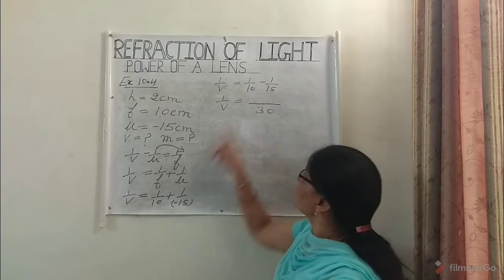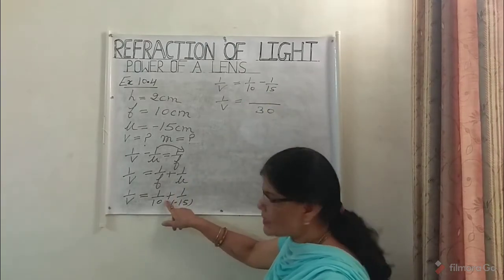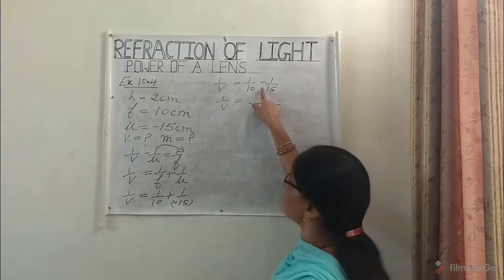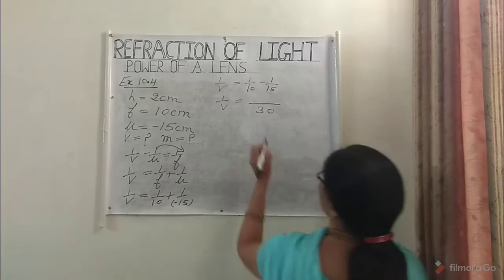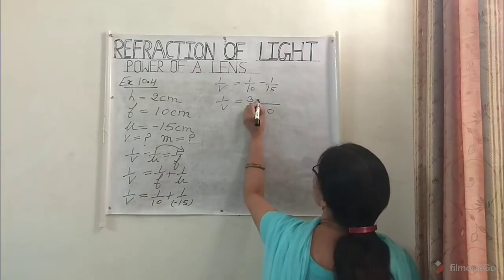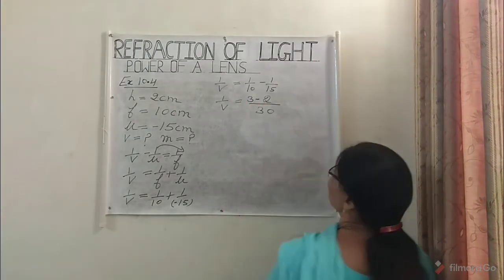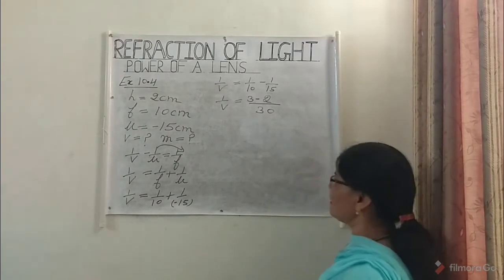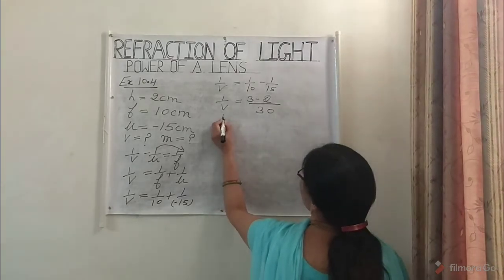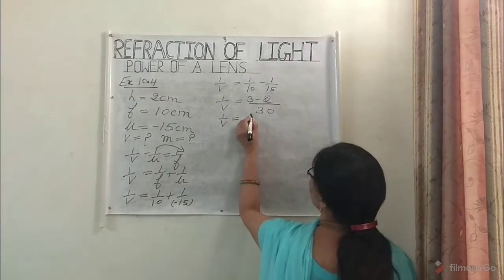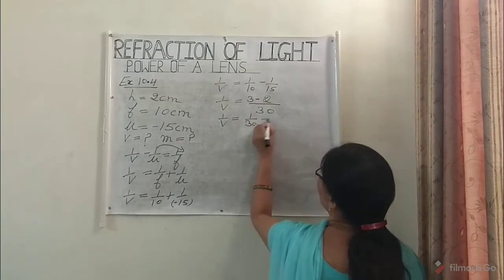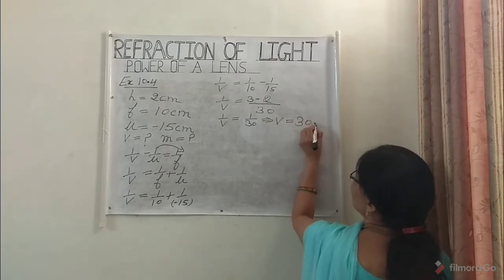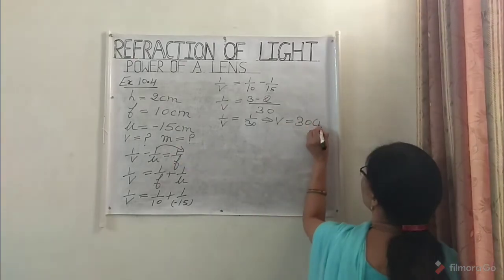Here the plus minus will become minus. Here this is plus and in the denominator we are having minus. These two plus minus will become minus in this case. Then 10 3s are 30 minus 15 2s are 3 minus 2. 1 upon V is equal to 3 minus 2 upon 30. Or we can say 1 upon V is equal to 1 upon 30. In the next step, we can say V is equal to 30, unit is centimeter.